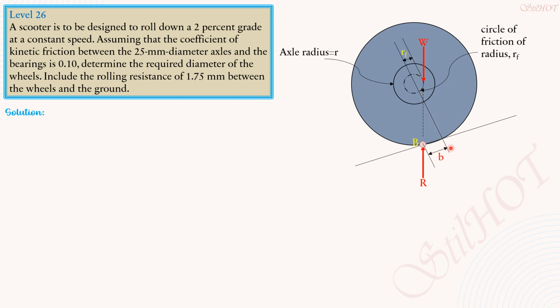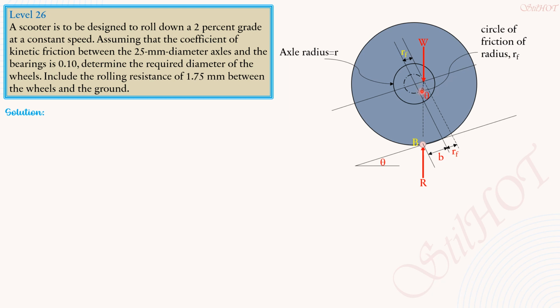This is also the coefficient of rolling resistance B, and we have R sub F here. This is the line parallel to the inclined surface of the ground, and this is R sub F. And if we denote this as theta, the slope or the grade, then this is also theta, so that from the figure,